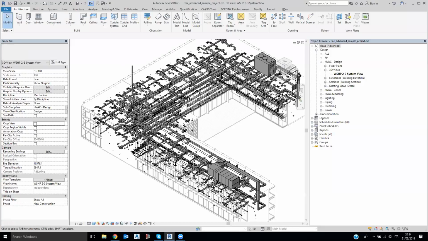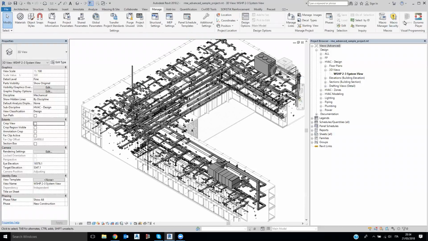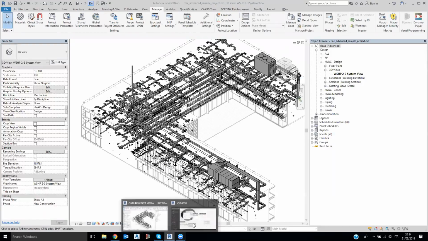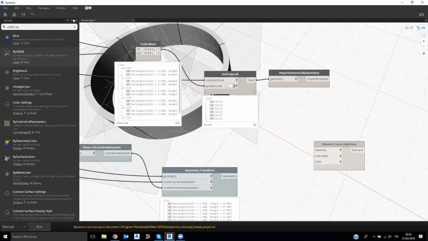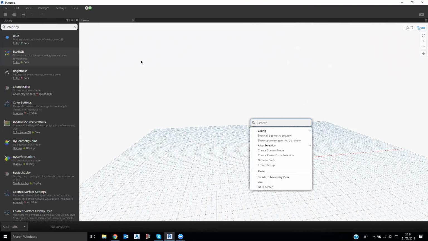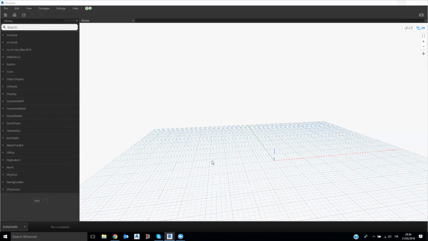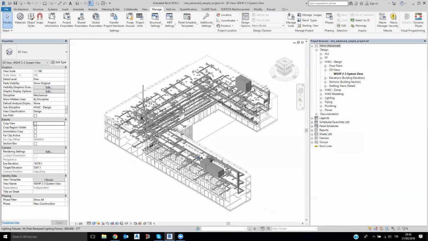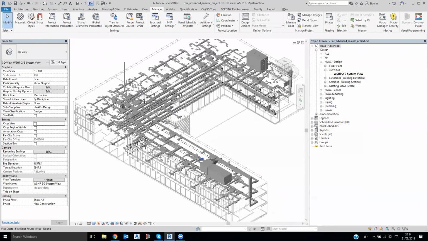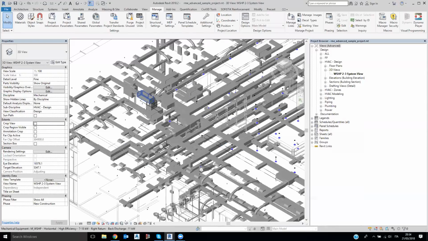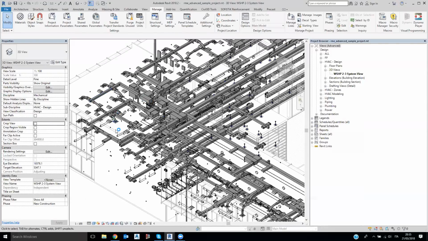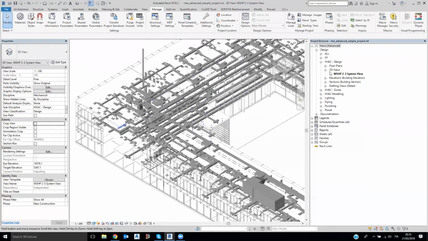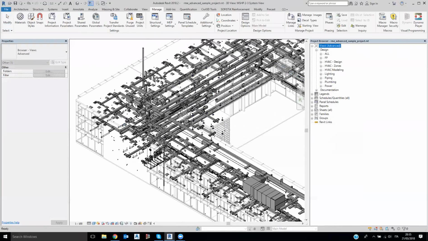So let's start from the first thing. Dynamo is already opened. Let me close this one. I was just working on something. Starting from this model, let's see what we can do. We've got some specific MEP systems in this model, and we have a couple of other pieces of information like rooms, zones,